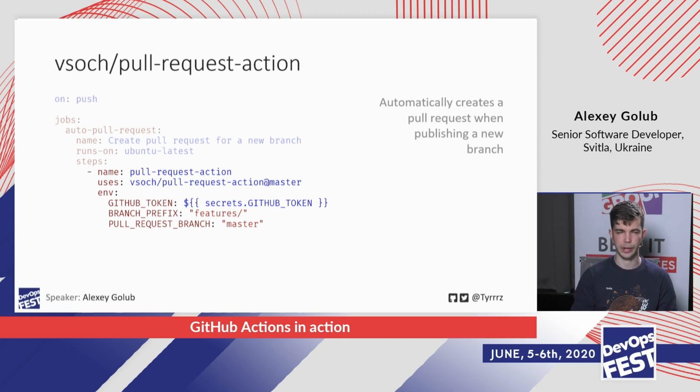The other example is one of the actions that I use myself a lot. It's very common in GitLab, for example, when you start working on a feature, you create a new branch, and then you finish it at some point, and then you create a pull request, and then people start reviewing it. This GitHub action actually simplifies that workflow by automatically creating the pull request for any new branches that you create. So for example, here I set it up so that it looks for branches that start with features, and then it automatically creates a pull request against the master branch. So whenever you create the branch, the pull request is already there, so I don't have to worry about it.